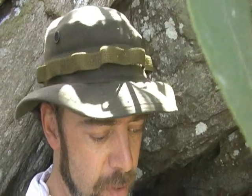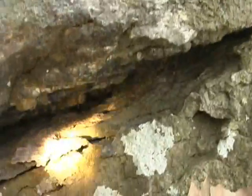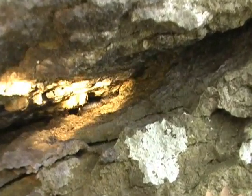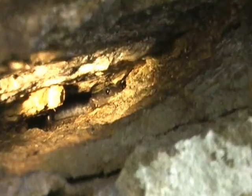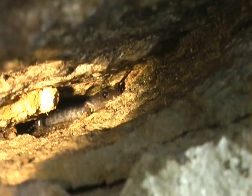Okay, we're here on the side of this rocky outcrop. It's pretty steep and kind of precarious up here. But Alan just found a Jordan salamander. It's one of the others that inhabit the rocky outcrops. And if you look back in this crack, there he is. And there he is. We're going to try to extract him from this crack so we can take a sample